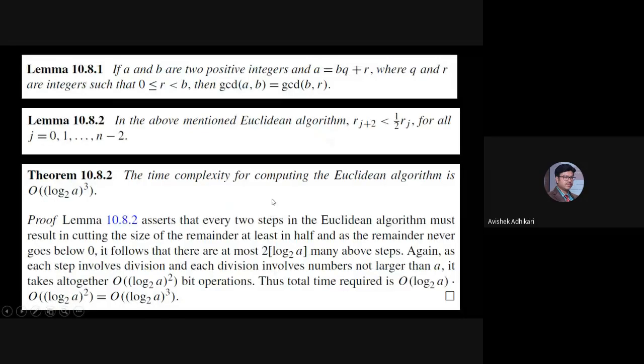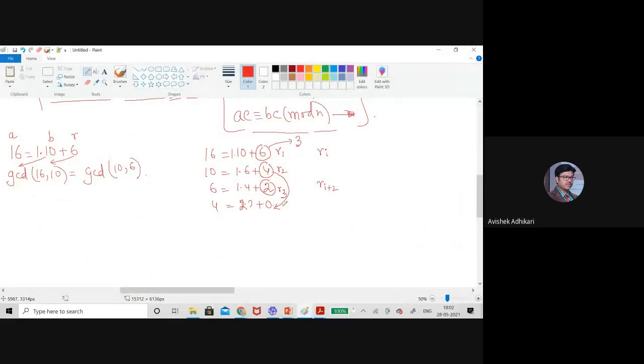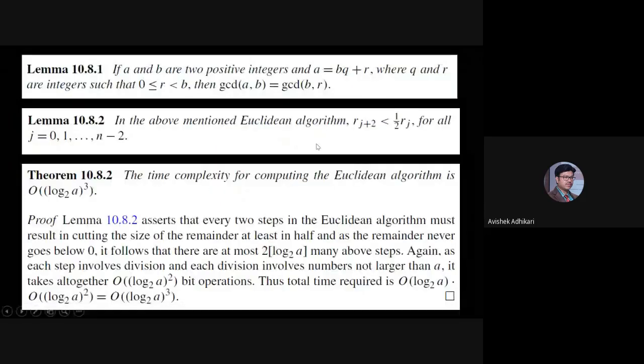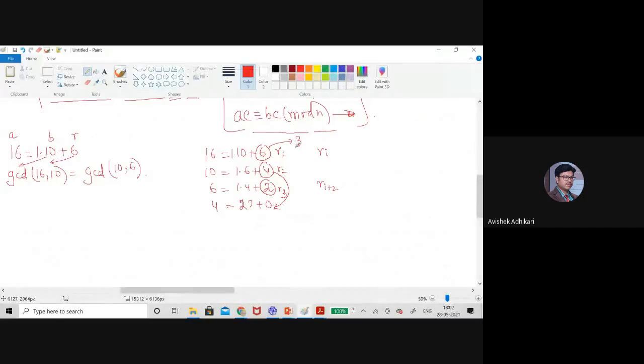And that gives you the nice observation that this algorithm converges to 0 very quickly. Why? Just have a look at this. Suppose, for the time being, suppose that will give you an idea. Suppose somewhere your R1 is 2 to the power, say 6. Okay. Now you can understand that